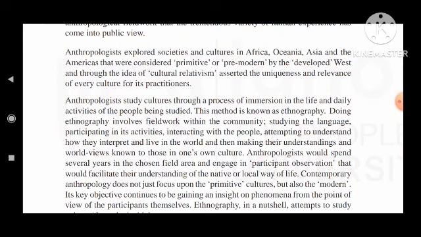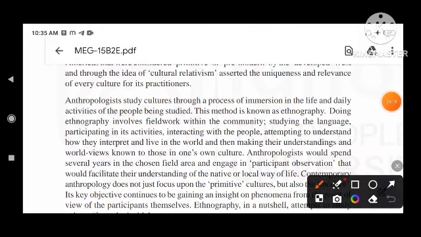Anthropologists study cultures through a process of immersion in the life and daily activities of the people being studied. This method is known as ethnography. So what do you mean by ethnography? Here is the new term, ethnography. Doing ethnography involves fieldwork within the community, or studying the language,